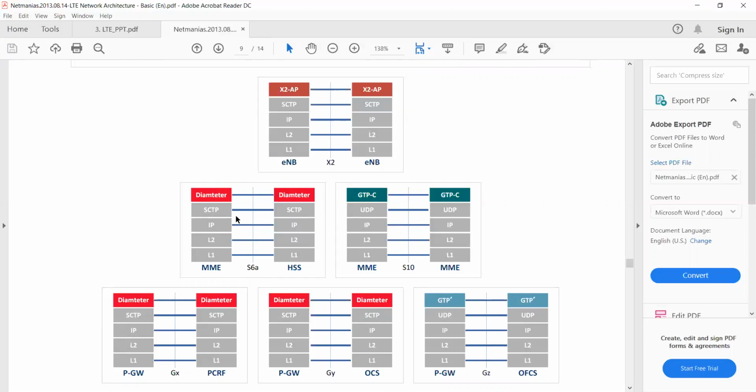The people who are into core network testing, they will log in to these protocol layers, and they will check the messages. What are the messages flowing? Like in LTE protocol testing at UE side or eNode B side, we check RRC messages, MAC, PDCP messages. Like that, they will go into SCTP and Diameter messages.